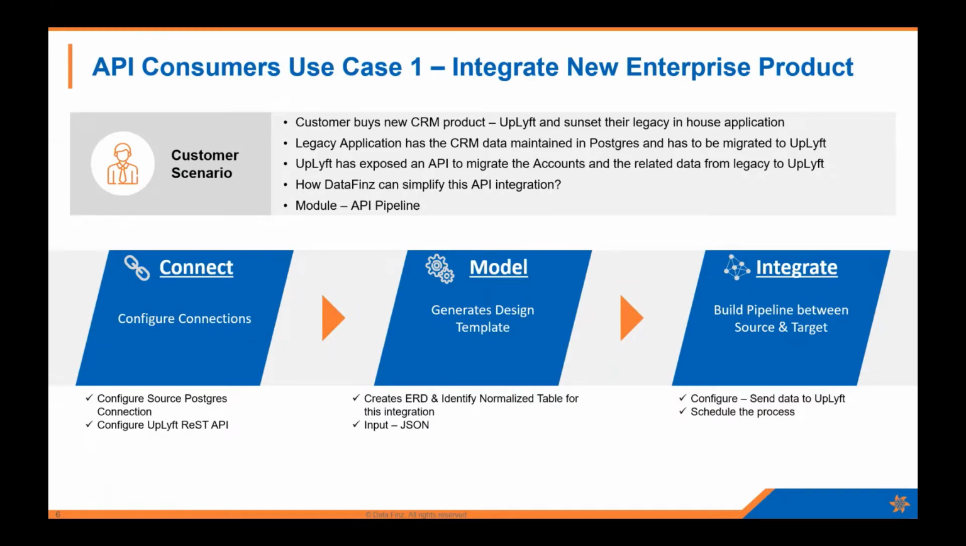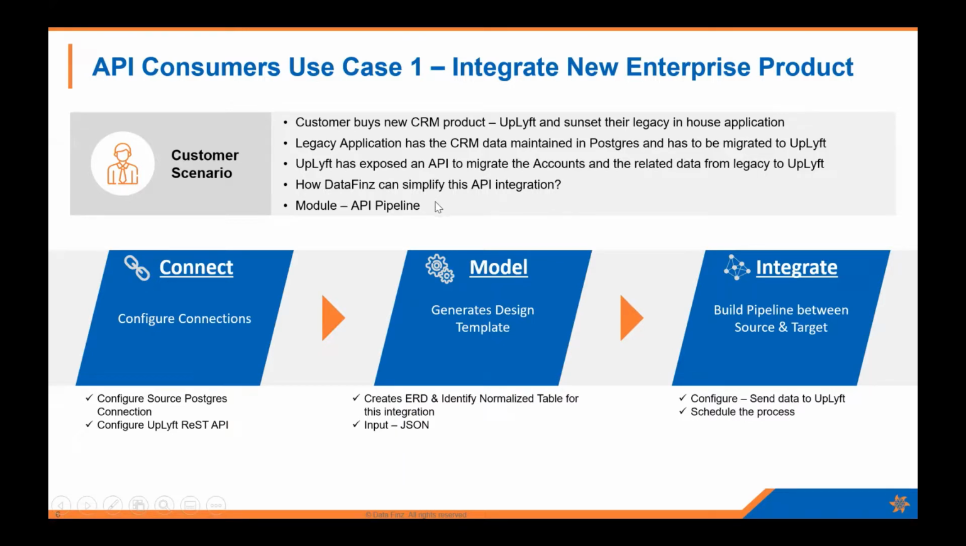Now, that legacy application, the data is maintained in Postgres. They need to migrate all the data, and most of the things are done. But there are a few customers which were added of late. We need to add them back to Uplift. Good thing is all the enterprise customers these days, like Uplift, expose an API to migrate the complete accounts from your legacy, right? So we are going to make use of that API and see how DataFinz will help